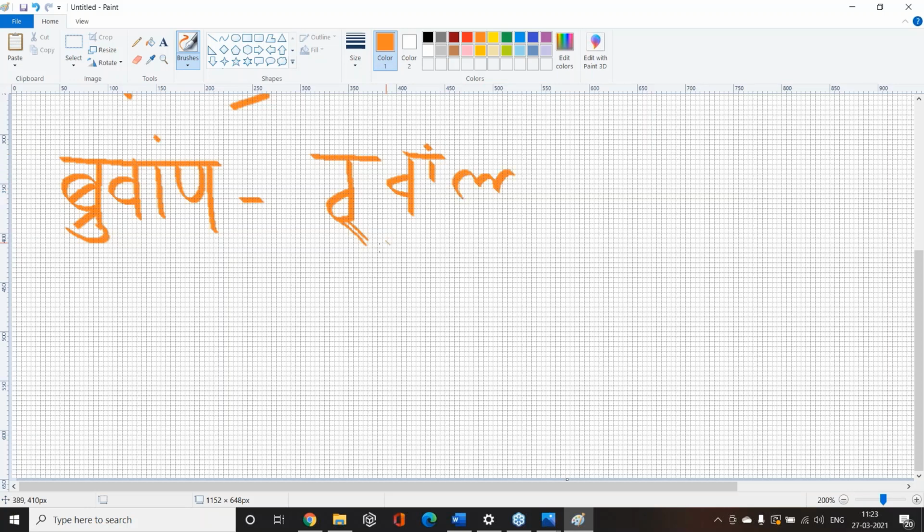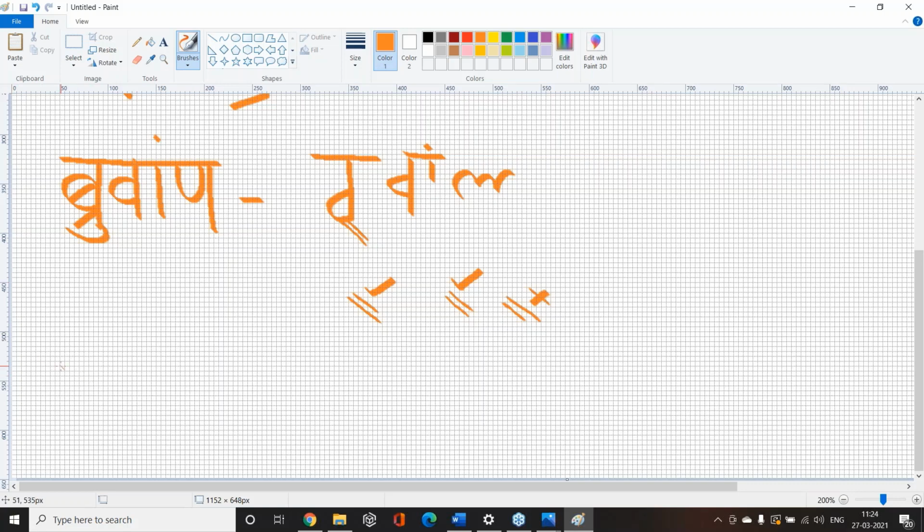Now here, when you draw these two lines, make sure that the first line is a little smaller than the second one, like this. Even if they are of the same size, it doesn't matter, but the first line should not be longer than the second one. This formation is wrong. These two can be written either a little shorter than the first or of the same size. This formation would be wrong. So that you have to take care of. So this was,